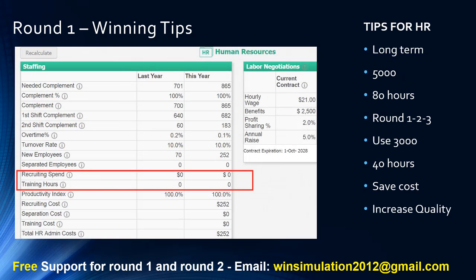For human resources, we make two decisions. So spending for recruitment, so we get good quality staff, good quality workers, and also we get training hours, longer training hours. Our workers will have better skills, and then we can save cost and get higher quality products, but that is a long-term investment. So the suggestion is for rounds 1 to 3 we can use about,